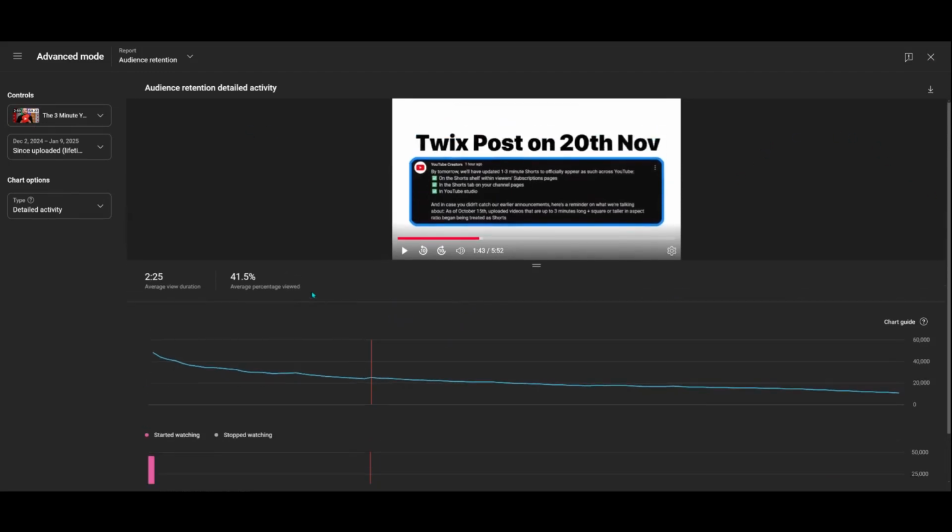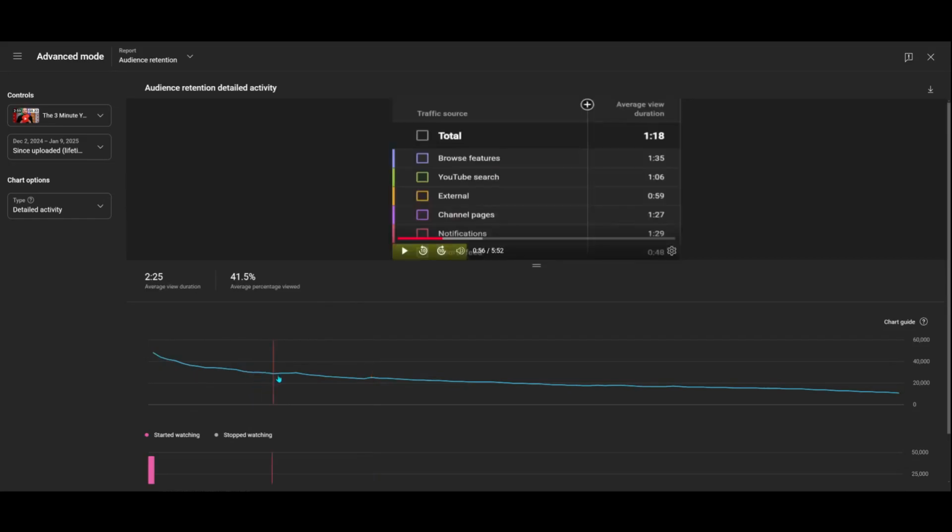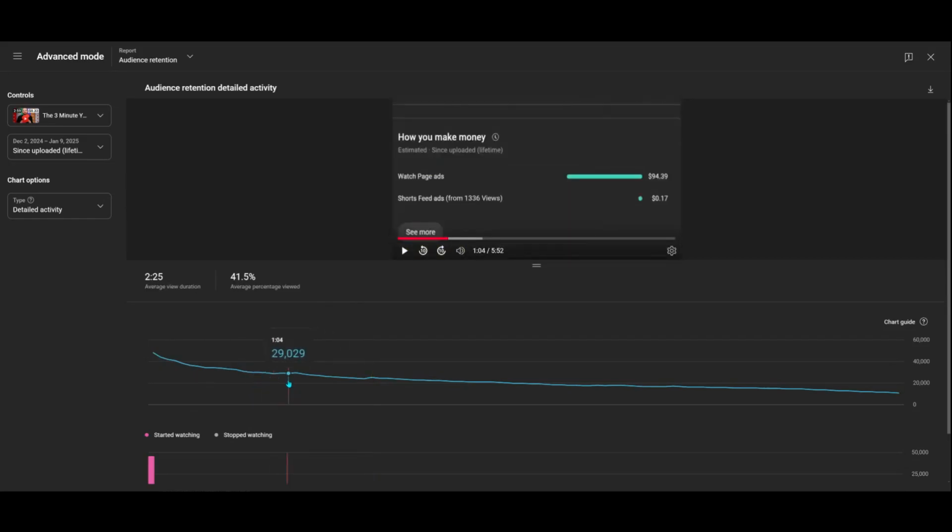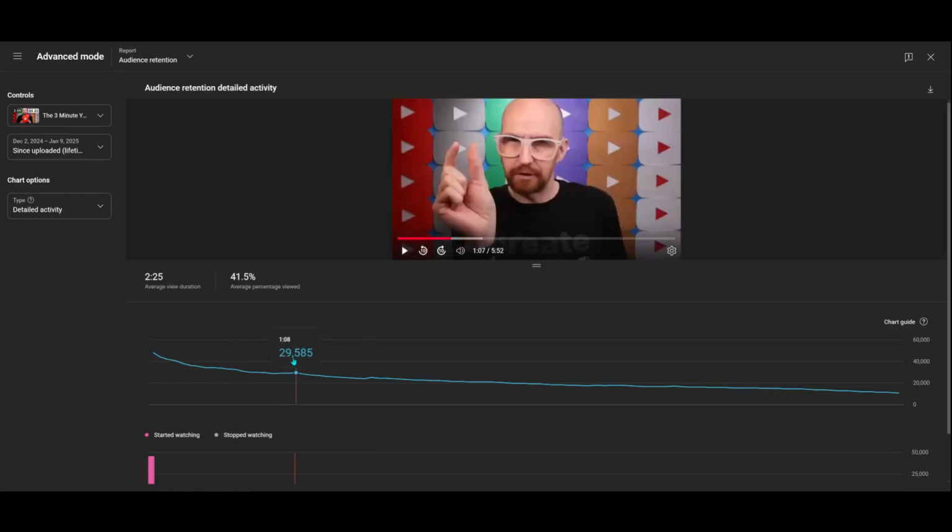Now, so what do you do with this information? Pretty simple. You watch it while this little red line is going past, and as you see a peak go up, really pay attention to what happened in the 5 seconds or so before it and the 5 seconds after, and figure out why that part was watched so heavily or rewound or whatever.